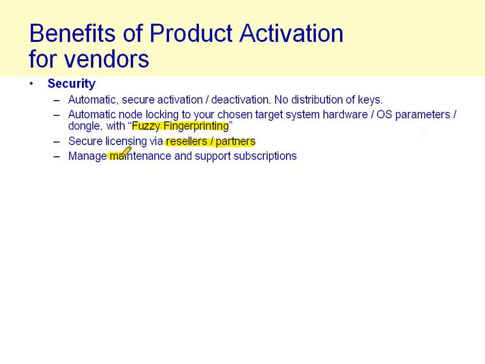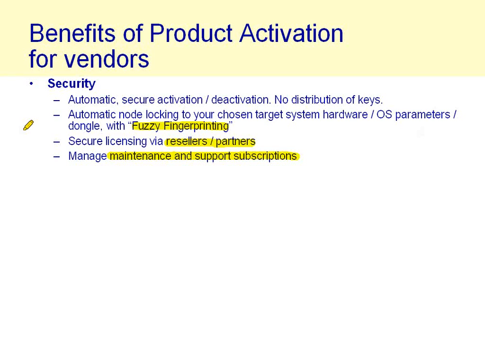Another thing you can do with this system is manage maintenance and support subscriptions, something a number of our customers do. And essentially what you do here is when somebody buys a license for your software product and they perhaps also buy a 1-year maintenance and support subscription, you track that as well as a separate product, if you will, in the Orion server. So for example, that lets you do things such as your application installer can be running a license check against the maintenance and support subscription, so it would know if that user is entitled to install a new version or an upgrade. It means your support staff could be checking to see if that user is entitled to premium support or not.